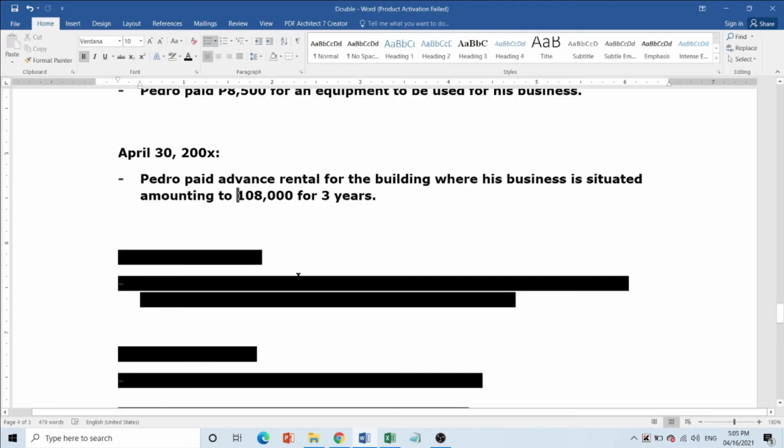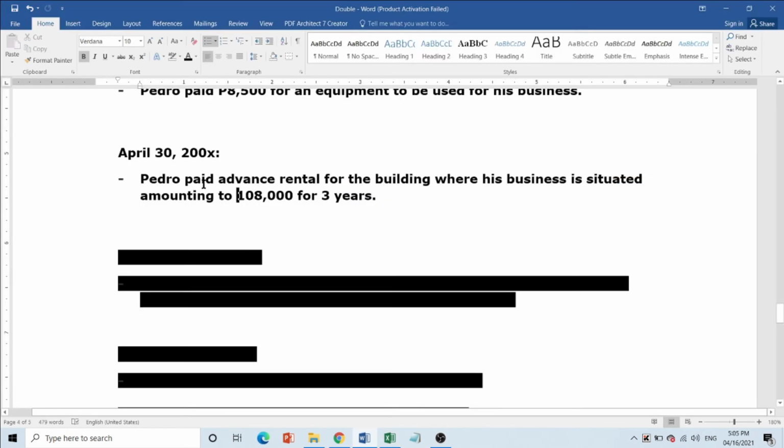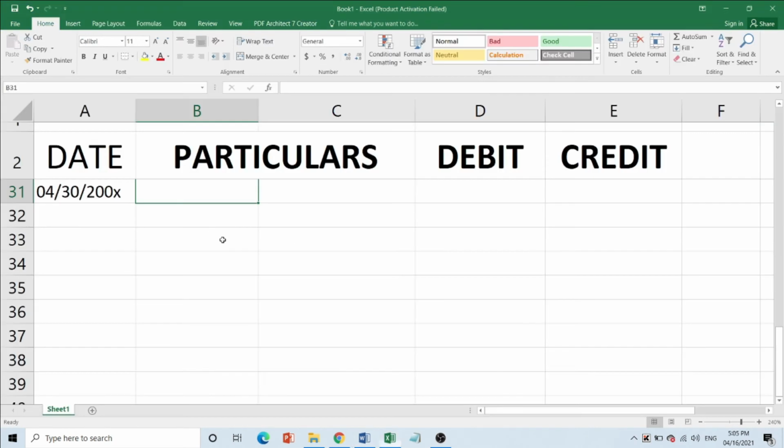Say, April 30, 2000X. April 30, 2000X, paid in advance rent, prepaid rent. Since prepaid rent of 108,000,